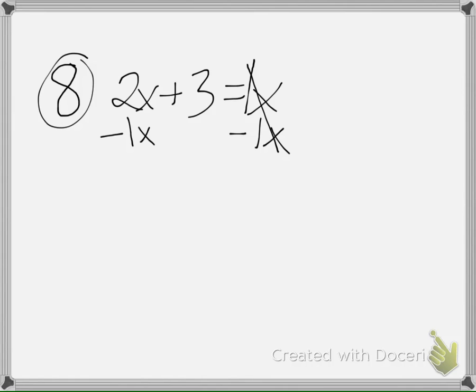On this side, it'll cancel. Guys, y'all need to be quiet and listen, please. So on the left-hand side, 2x minus 1x is 1x, or just x. That's one thing I've noticed. Y'all need to get in the habit of, hey, if it's 1x and you're done with the problem, then it's just x. It's no longer 1x. Okay? So that's x plus 3 equals